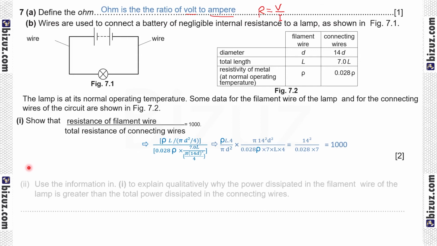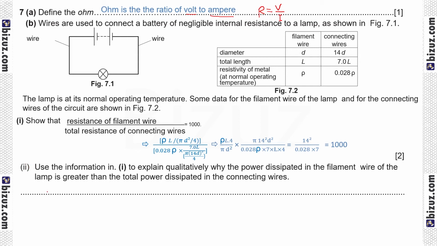7b2. Use the information in 1 to explain qualitatively why the power dissipated in the filament wire of the lamp is greater than the total power dissipated in the connecting wire. Same current in the filament lamp and the connecting wire because they are connected in series. In series, current remains the same. But filament has the greater resistance